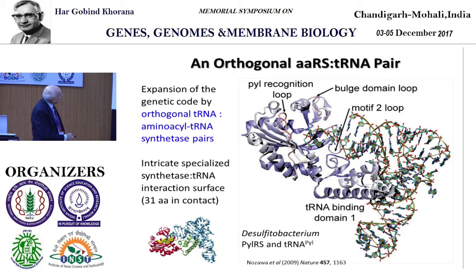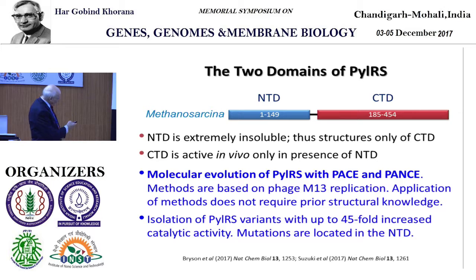We had a paper in Nature showing the co-crystal structure of the C-terminal domain of the pyrrolysyl-tRNA synthetase with the tRNA. Unlike other amino acid synthetase-tRNA complexes, this is an enzyme that reaches into the inside of the L shape, and it has a very intricate, specialized synthetase-tRNA interaction interface, which I will exemplify in a minute. So we went ahead to look for molecular evolution tools for pyrrolysyl tRNA synthetase with PACE